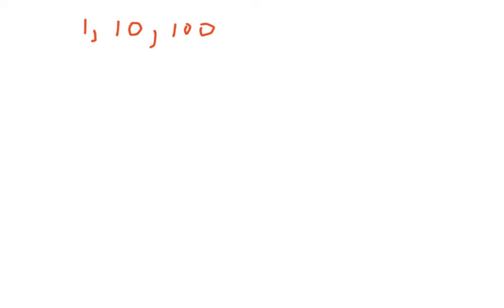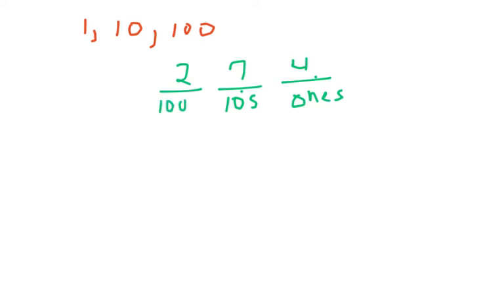And if you put that in the place value perspective, we have a number like 274, okay? This is the number of ones, isn't it? There is 4 ones. This is the number of tens, okay? 7 tens, 70, okay? And this is 200. This is the number of hundreds,